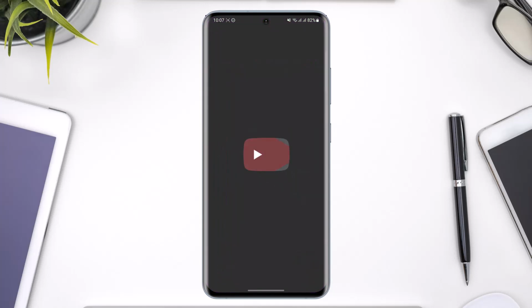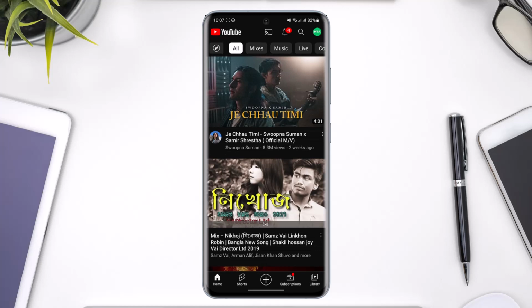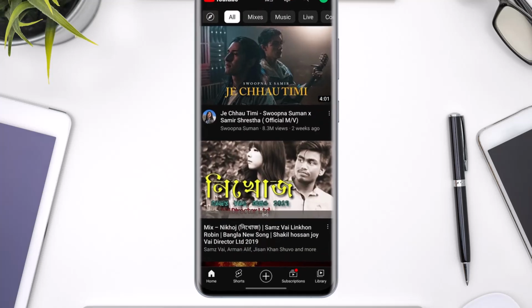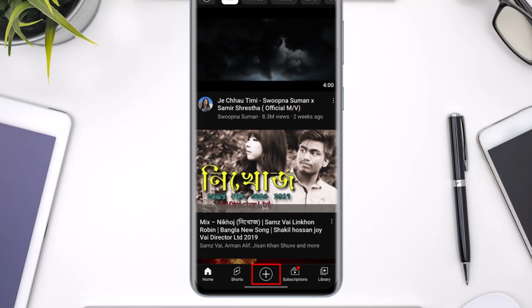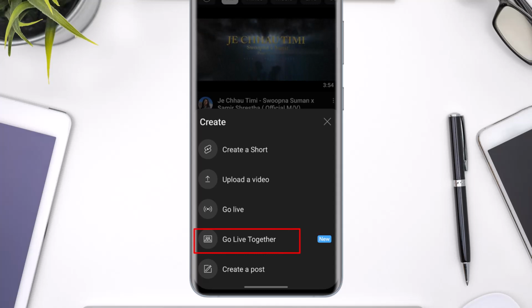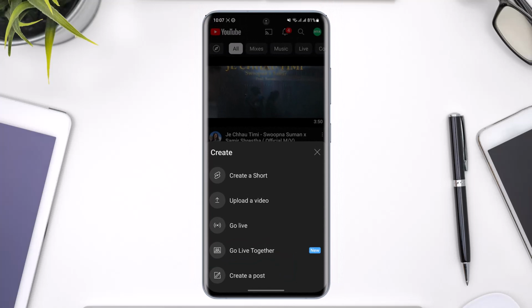Now to do this, all you have to do is open the YouTube app and make sure that your channel meets the minimum requirements to be able to go live, and then you just need to tap the plus icon from the bottom of the screen right over here. Once you tap the plus icon, you'll find this option called go live together. As you can see, all you need to do is just tap the option called go live together here,